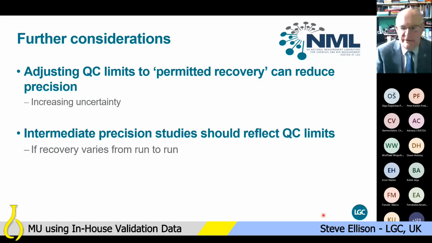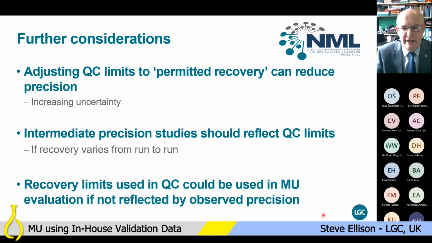The moderating factor there is that if we have included those limits in our method validation studies, we would hope that that degradation in precision that we might see is reflected in our intermediate precision. So if we've got large QC limits that we're using during our intermediate precision studies, we should see a larger precision component anyway. And that means maybe we do not need any further action if we've done our precision studies correctly, including the limits.